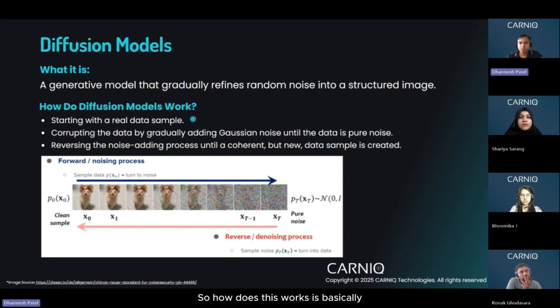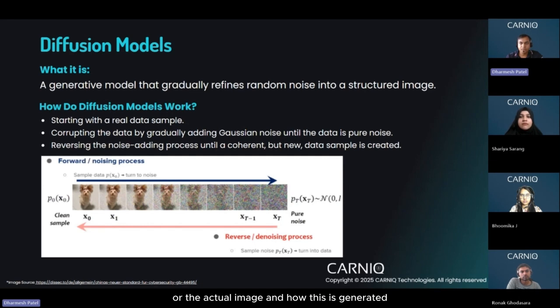How this works is basically, you can see on your screen, the image of a dog. This is completely new. It doesn't mean that dogs don't exist. They do exist, but when the image is generated by the model, it is completely new. So the same pixels you cannot find on the internet or in an actual image.